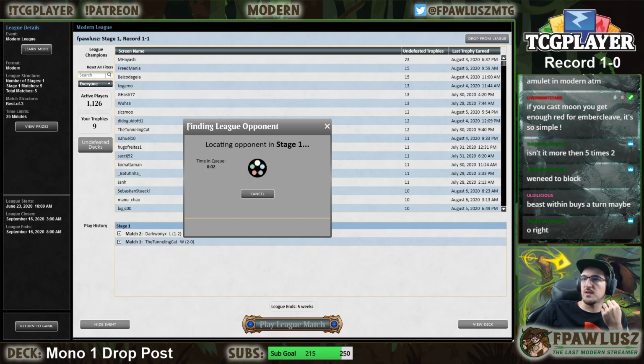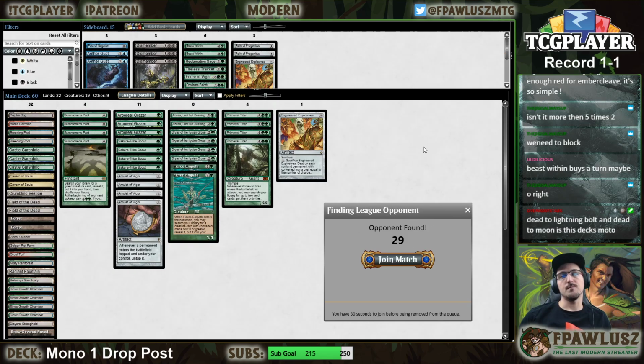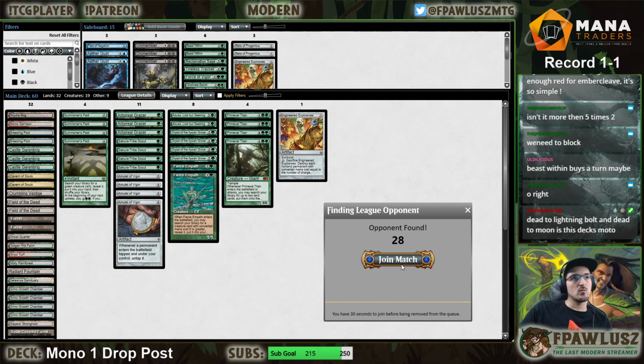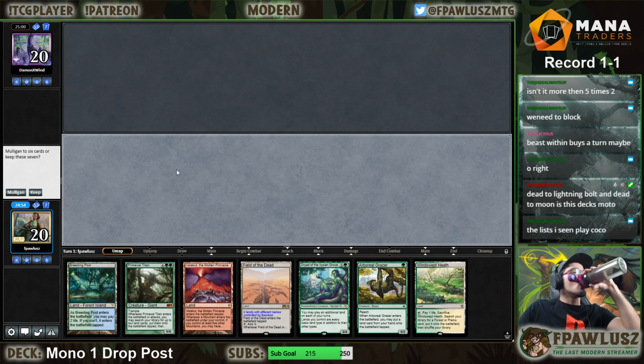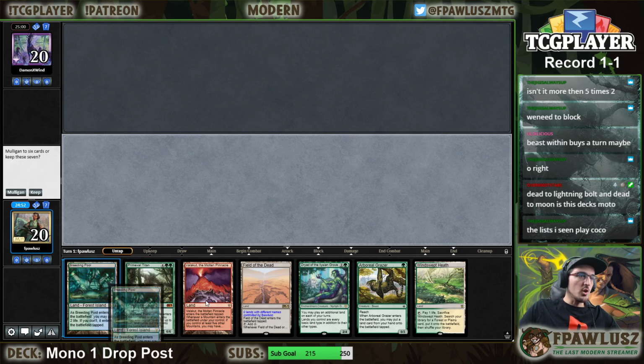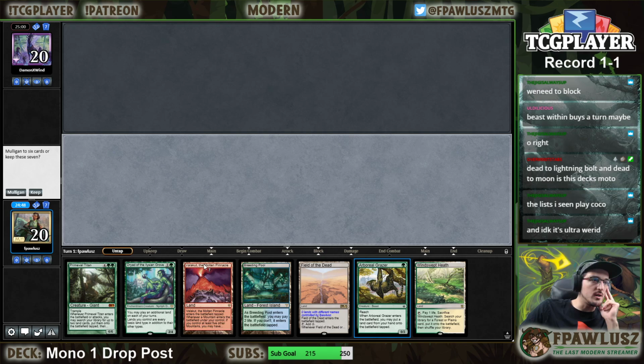Too bad, because if they are not playing Magus, those kind of decks are really very easy for us to beat. But we just gave my opponent a little bit too much time. Dead to Lightning Bolt and Dead to Moon is this deck's motto. Dead to Blood Moon more than Dead to Lightning Bolt. You're not dead to bolt that often. You are dead to bolt fairly often, but